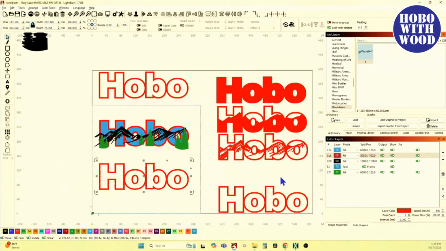Now I'm going to hold shift and select the C11 layer over here. I'm holding shift and click on C11, and that's going to select everything that's on that green layer. And I'm going to tell it to group. And then I'm going to tell it to come over here and